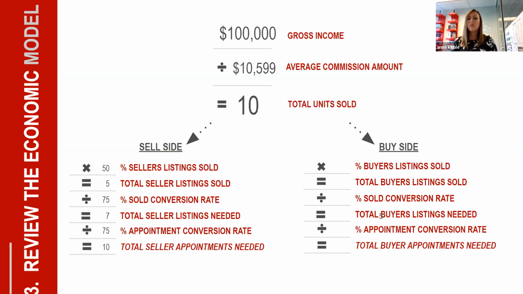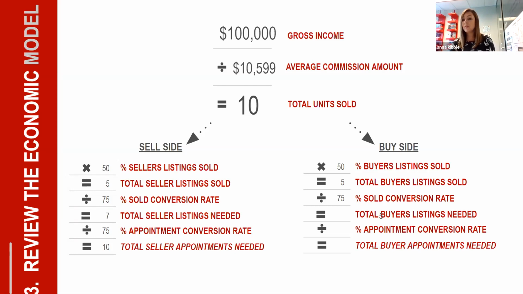So on the buyer side, that's going to come a little easier, right? Those are going to be the natural byproduct of taking those 7 listings and going on 10 listing appointments this year. And so here's how those numbers shake out. They're exactly like this because we're splitting this business right down the middle, right? So if half of your closings this year are going to come from buyers, then you're going to need 5 buyers to make it to the closing table.